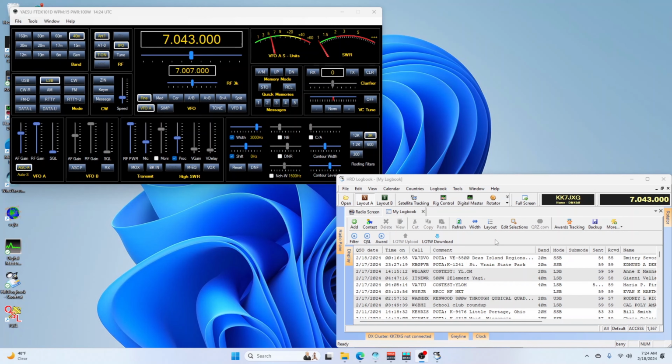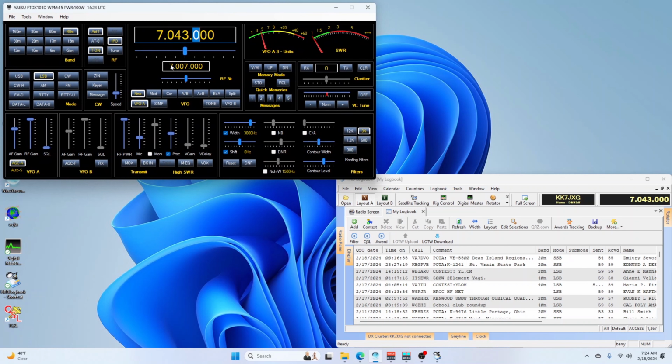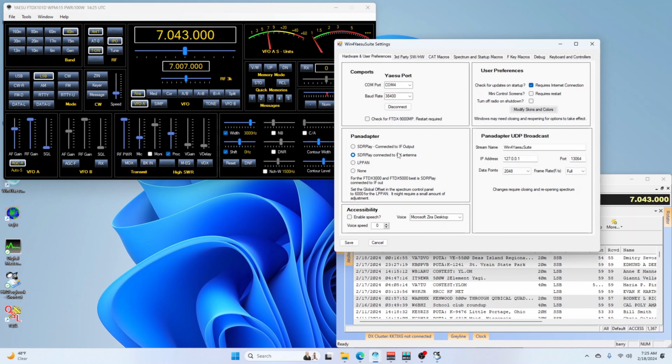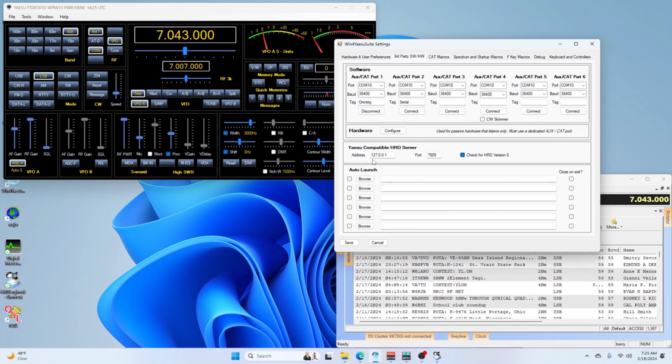All right, in the shack, this will be a quick one, just a quick tip on using Digital Master 780. Like many hams, I use Ham Radio Deluxe mainly for my logging software. I don't really like the cat control version. I really prefer Win4Yaesu. The controls are a little more comprehensive, and I find it a little less buggy than Ham Radio Deluxe. Fortunately, you can go to settings here and enable under third-party software a Yaesu-compatible Ham Radio Deluxe